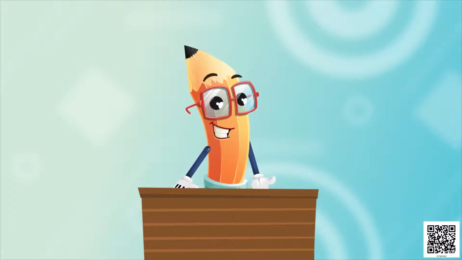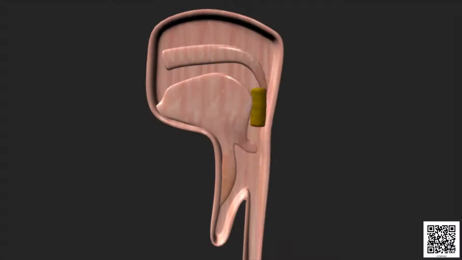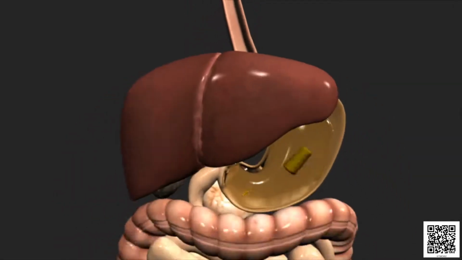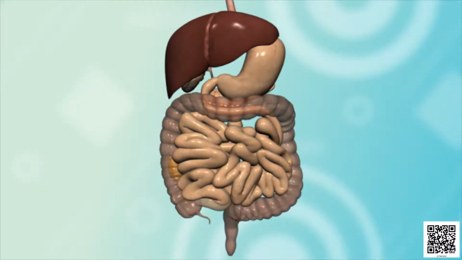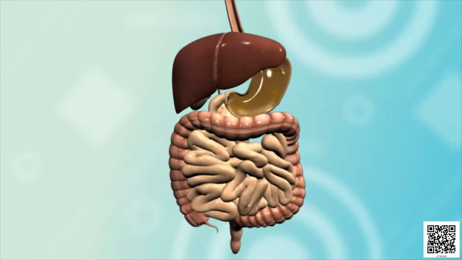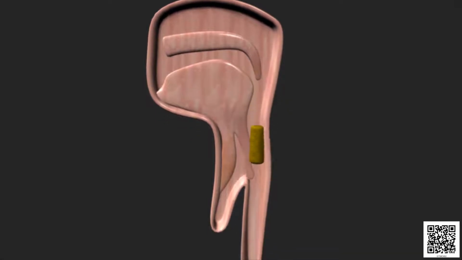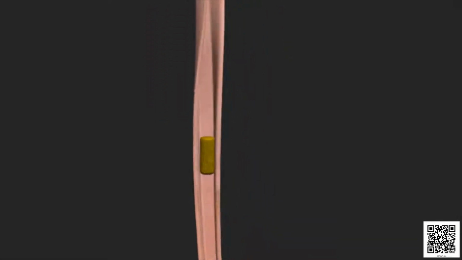Students, now we will learn about digestion in human beings. We take in food through the mouth, digest and utilize it. The unused part of the food is defecated. Have you ever wondered what happens to the food inside the body? The food passes through a continuous canal